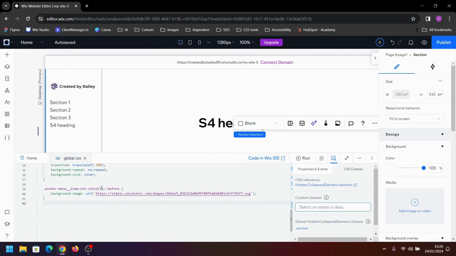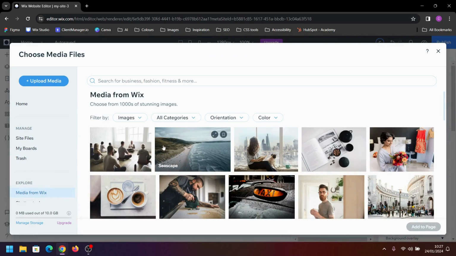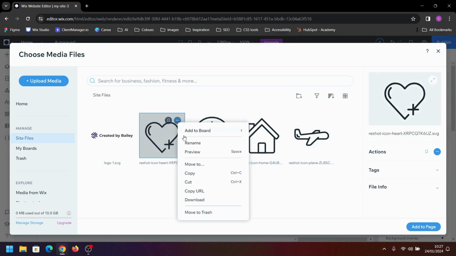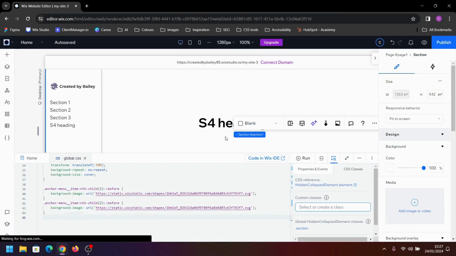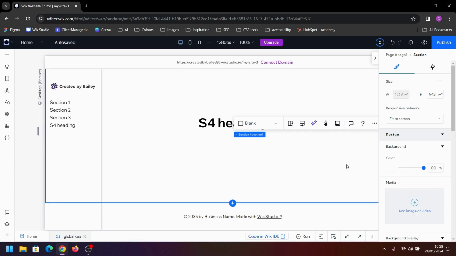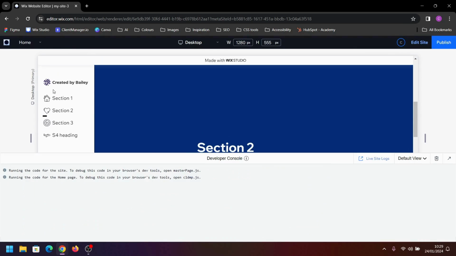Next, I'm going to target each of these items individually and set the background image to the logo that I want to use for each one. On Windows, if you highlight, you can press Alt and Shift and down to just copy the whole rule. Update that to number 2, and then update the background image URL. Right, now that I've updated all that, if we click preview, we can now see our icons are all next